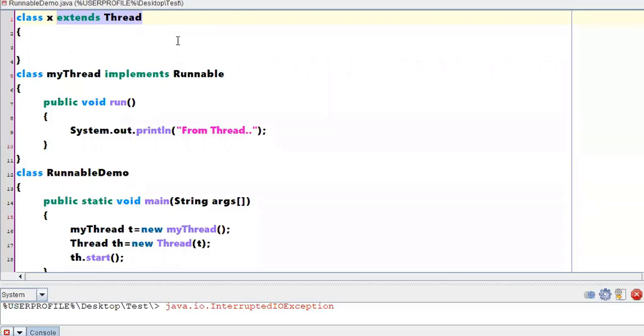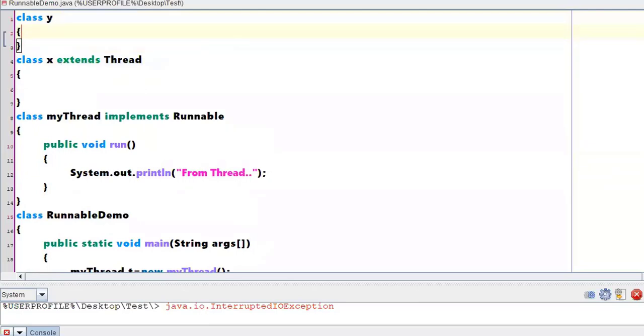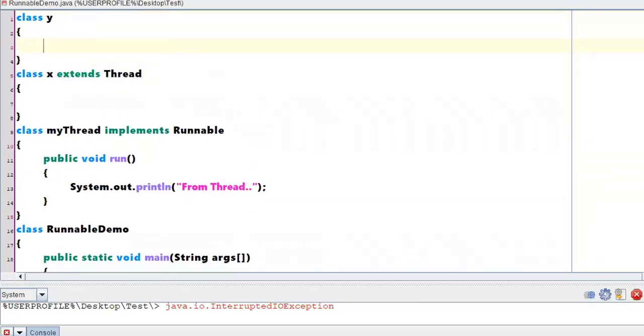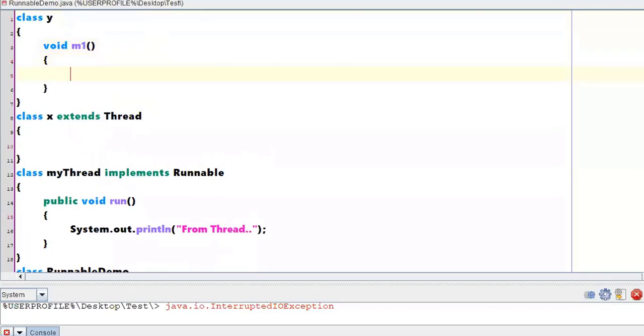Say for example, here I might have one more class called Y. Under class Y, I might have a method like void m1, some definition has been given. Now my intention is I want class X to extend this Y also.